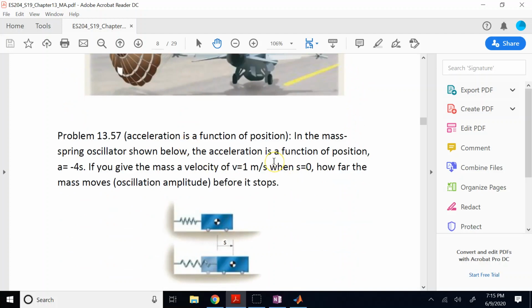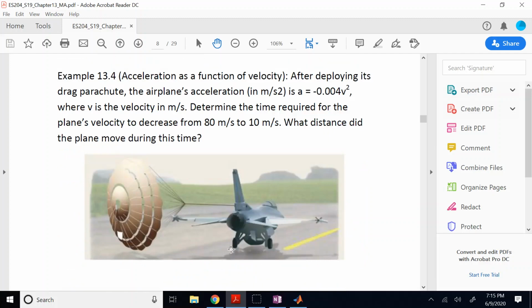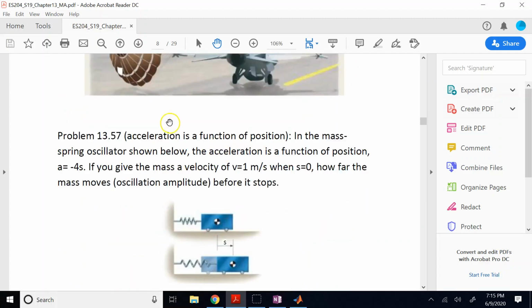The other case we're going to look at is one of the end of chapter problems where acceleration is a function of position, and that's where we connect mass to a spring and the force of the spring, and so the acceleration coming from it is a function of position. A is negative 4 times S. In that case, we also need to solve a differential equation. So I'll go over this problem with you right now, and then I would leave